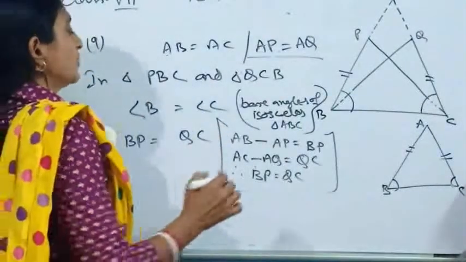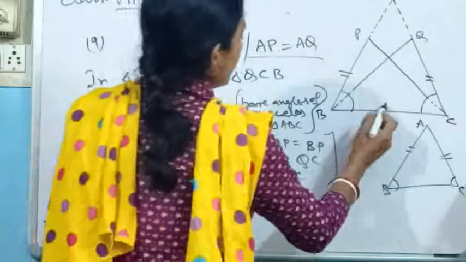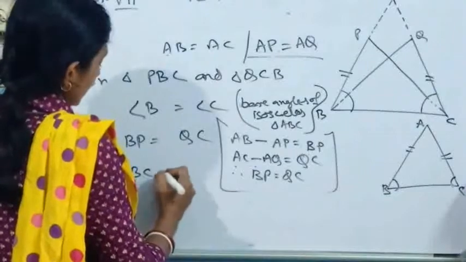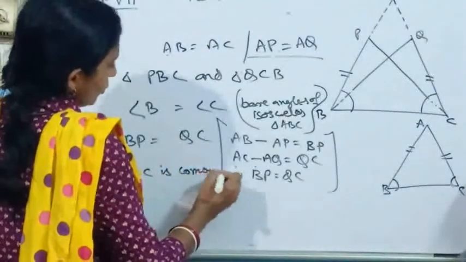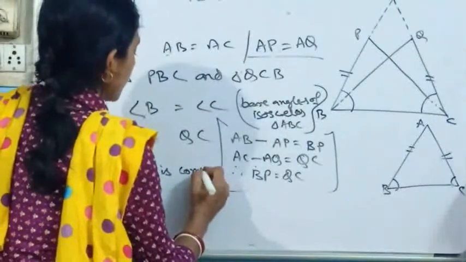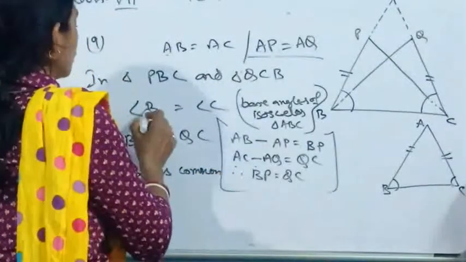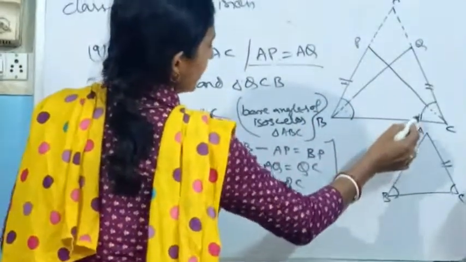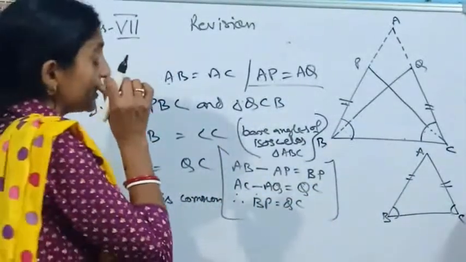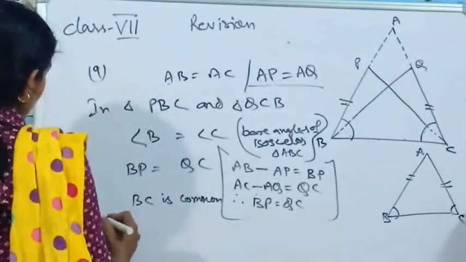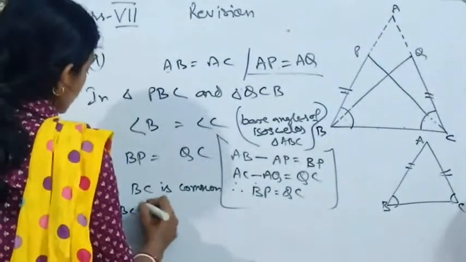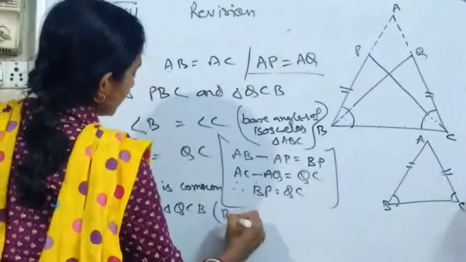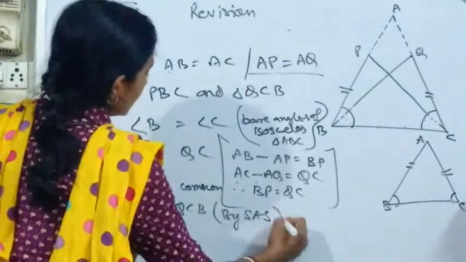Now come to the third point. So one side, one angle we have made now. Now come to the BC. Here the BC is the common base for both the triangles, and here I can write BC is common. So what are the things we have got? Now you tell me. We have got here angle, it is included, that side, angle, side. Here also side, angle, side. So which criterion are we following here? Here we can write, therefore triangle PBC is congruent to triangle QCB. How? By side, angle, side criterion.